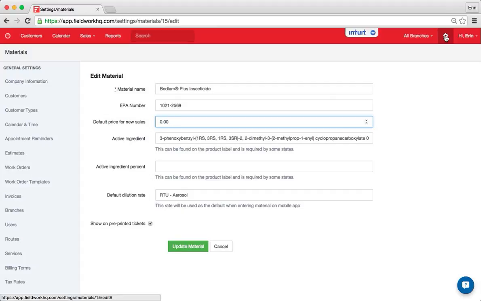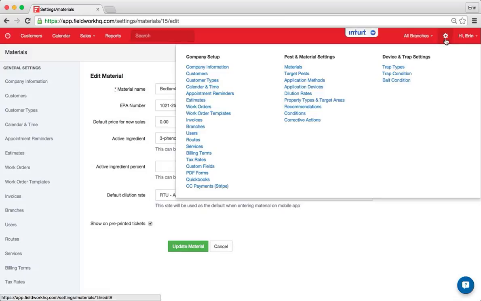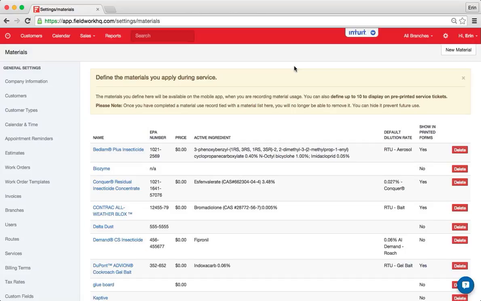In this video, I'll cover how to set up your material list in the fieldwork settings. So first, go to your settings, the gear in the upper right corner, and select the Materials tab, which is in the top in the middle column. Once you're here, you will see the list of materials, and if you have a new account, this might be